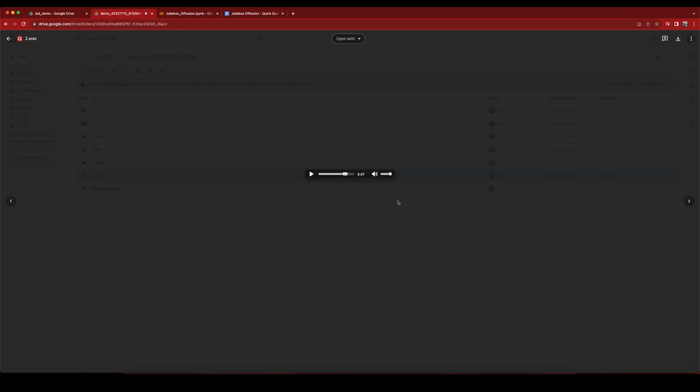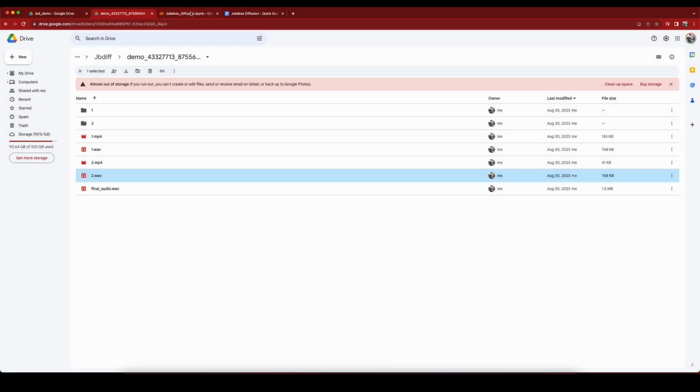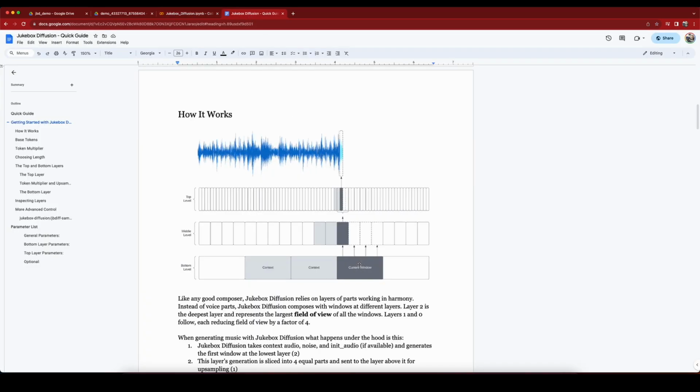You hear how there's a lot of artifacts, especially in the high frequencies. That's because this bottom level contains the most information in the biggest window of audio. What it is extrapolating or understanding is more high level information, and especially low frequency information, bass and kick. This is because lower frequencies happen at a slower rate. So you can think of it as the algorithm at this level, because it has a bigger window, is actually picking up on those slower frequencies and dismissing the high frequency information, which you can think of as